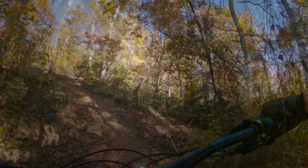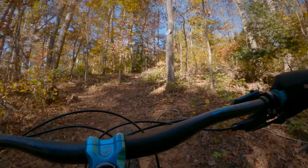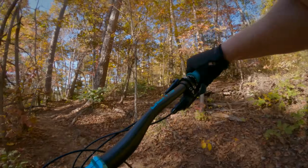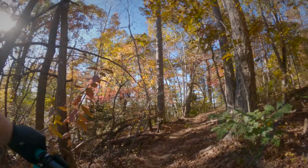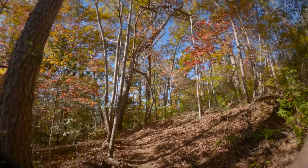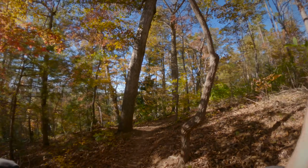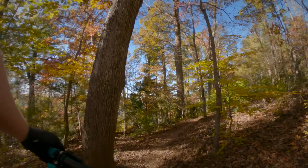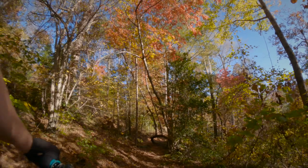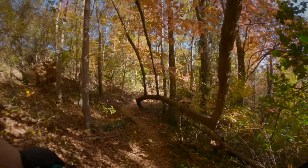All right, the impossible climb. Let's see if I can finally make this. Oh my gosh. Woo! That's a first. Oh, that is a backbreaker. I need a rest. All right, after quite a bit of steep climbing, you go back to this tricky little